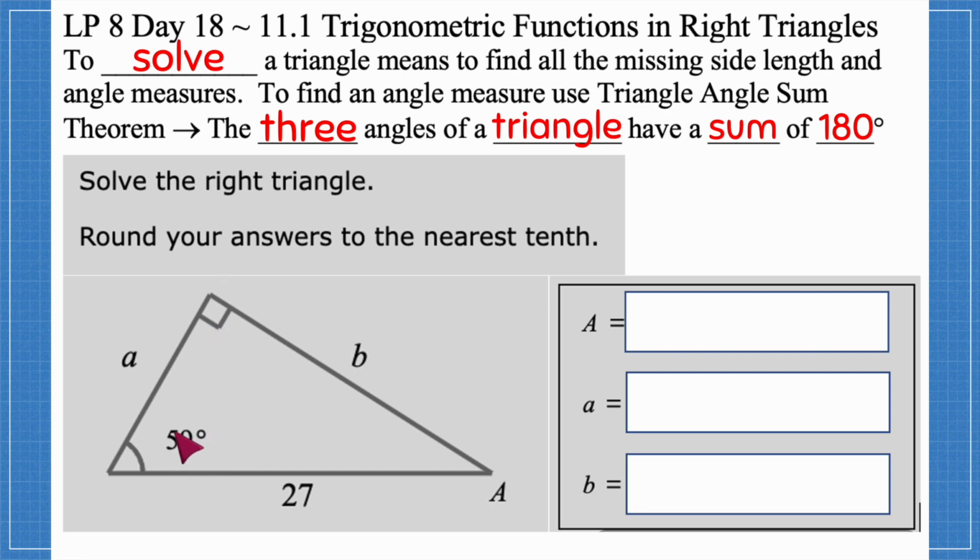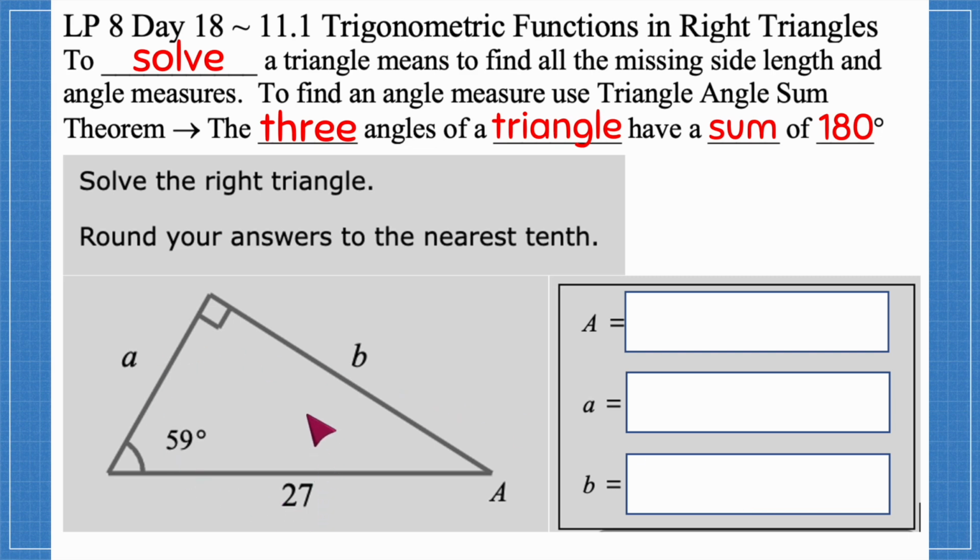We need to see the 90 and we need at least one other angle in order to use these trigonometric functions right now. So we should have at least two of them. So we can fill in the third one using the triangle angle sum theorem. Remember, there are 6 pieces to a triangle: 3 sides and 3 angles. They're going to give you 3 of them and ask you to find the 3 missing pieces, because they're only going to give you 3 pieces